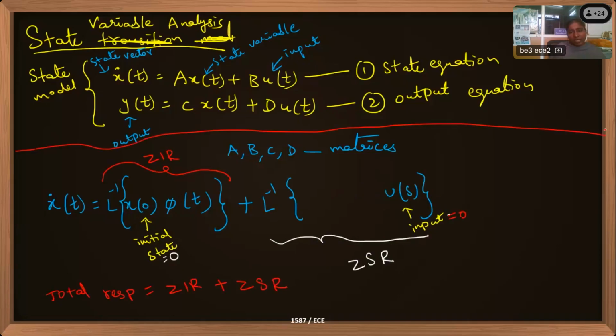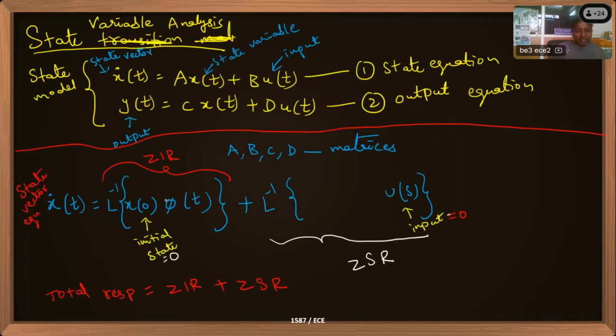So this is the second thing. First, I gave you the state model equation above the red color line, and below this the state vector equation. From the state vector equation, we have the zero input response and zero state response. Substitute, simplify. X of 0 will be given in the question. Pi of t I will discuss in the next slide. For the second term, please check the textbook or class notes. It is B into (sI minus A) whole inverse, U of s. I should not write it wrong. It will be circulated later.